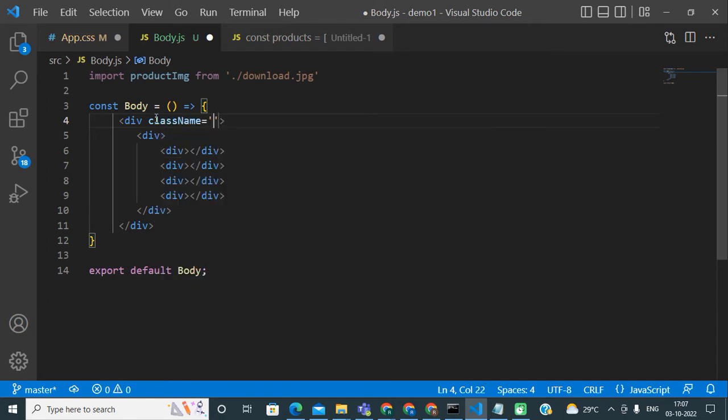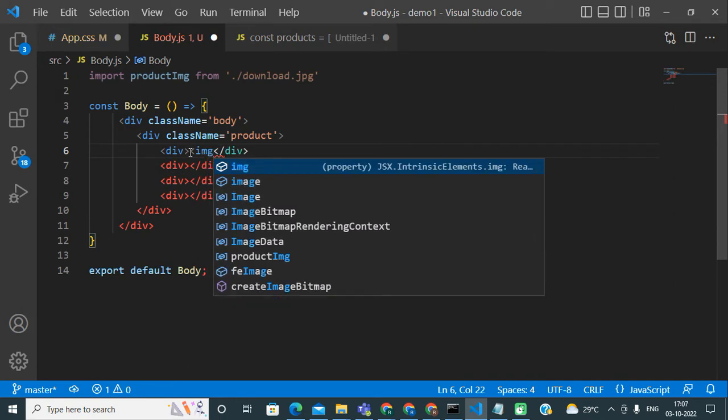That is why I have created this HTML, and now let me assign different CSS class names. My top div element will be my body container. After that, this div element will be a product container. For every product I will display one image.